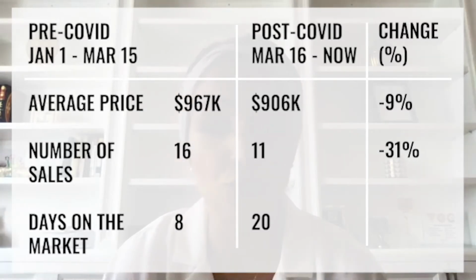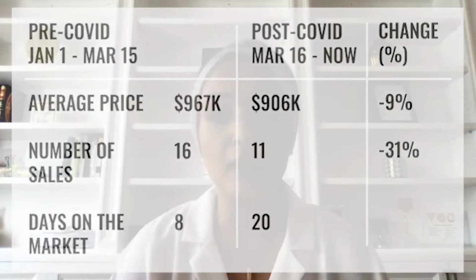So as opposed to things flying off the shelf in 8 days, it's now 20 days as an average. Got it. Although if you look at most of the 11, I would say 12 was the median days on the market. So it's still not...